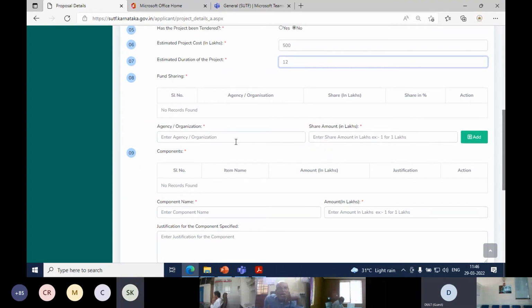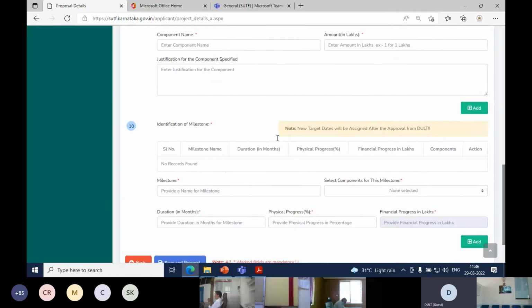Coming to the next, the fund sharing pattern. A general practice is about 50% funding. To seek funds under SUTF from DULT, you are requested to enter the abbreviation DULT.